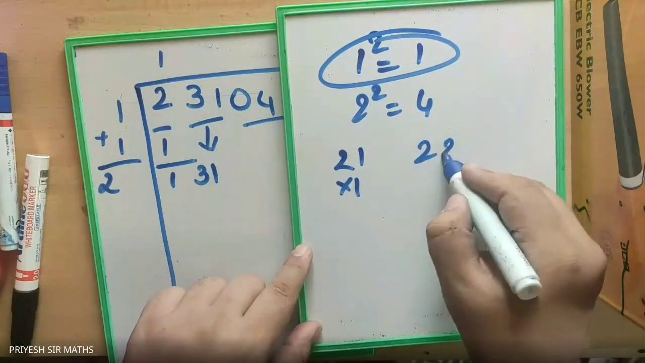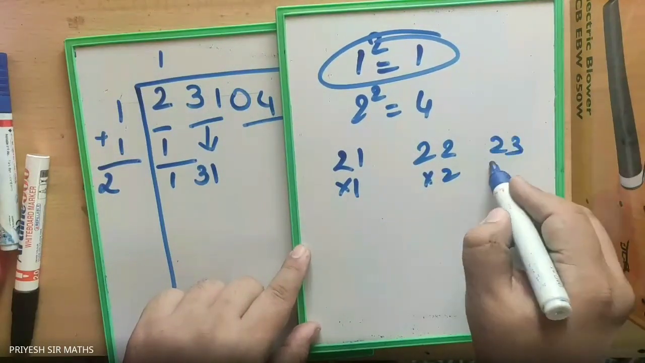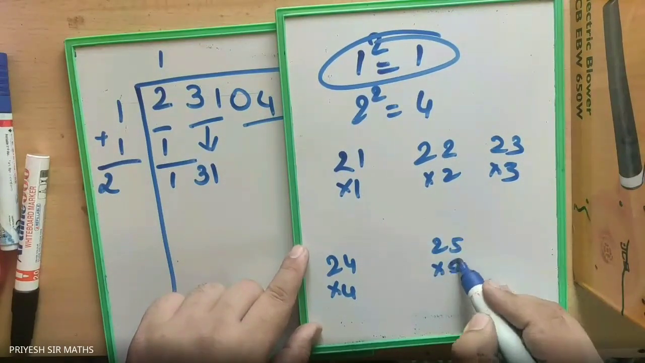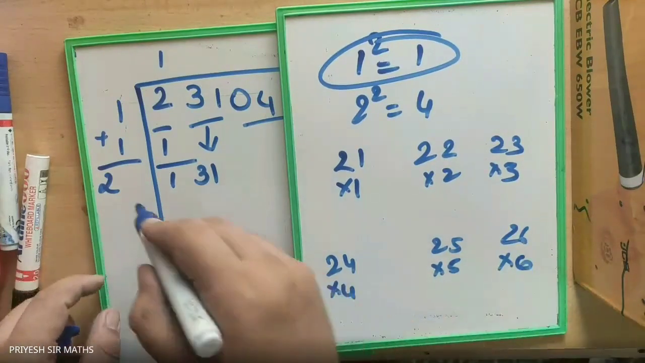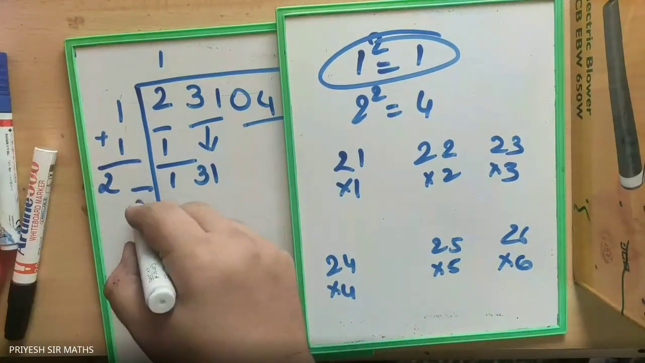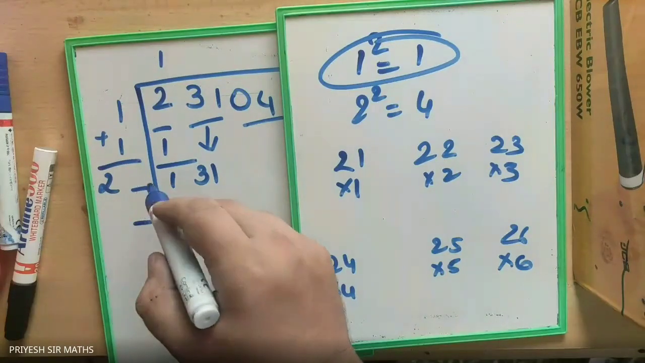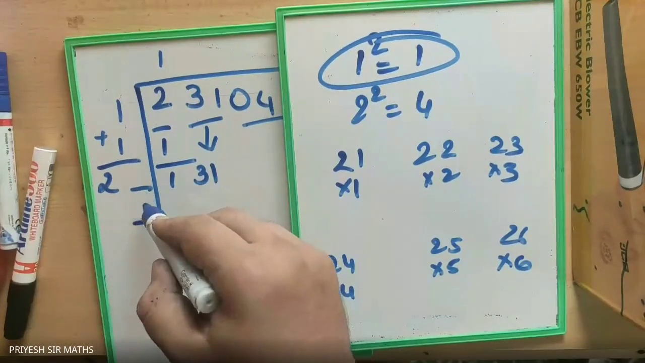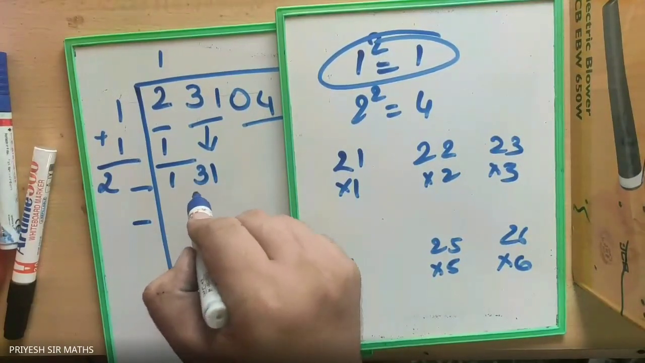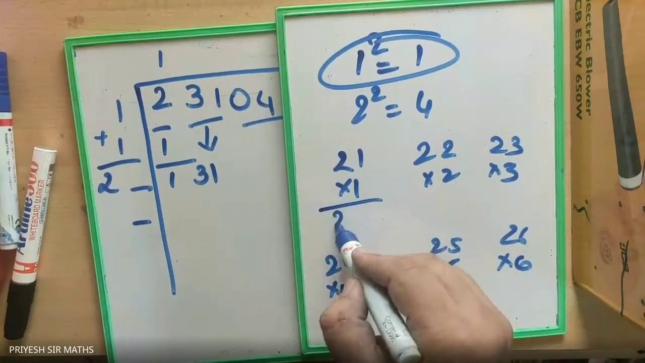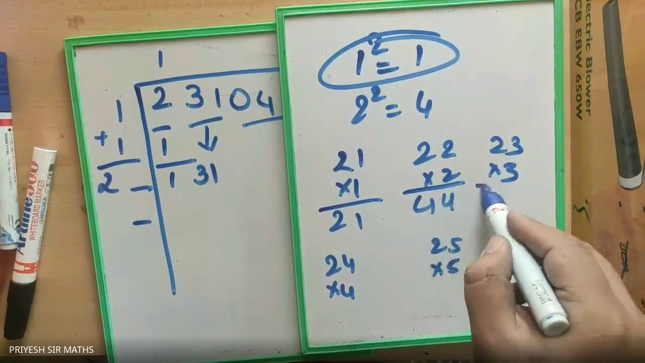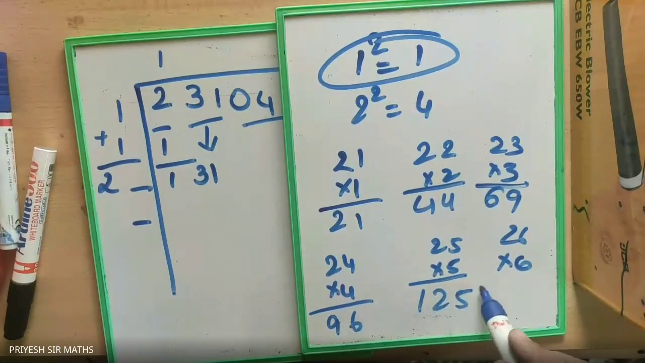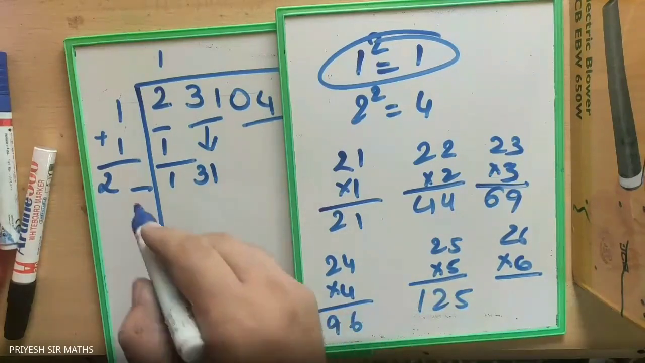21 into 1, 22 into 2, 23 into 3, 24 into 4, 25 into 5, 26 into 6. Because here we have to take a number which when multiplied, both the numbers should be same. Here it becomes 2-digit and here it is single digit. We should take a number in such a way that it is exactly less than 131. So this is 21, this is 44, this is 69, this is 96, this is 125. Okay, we got the number 25,